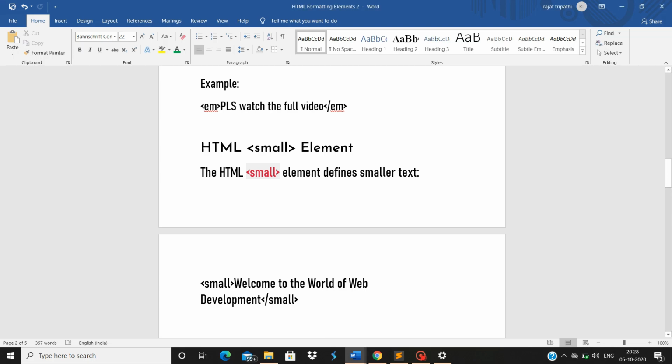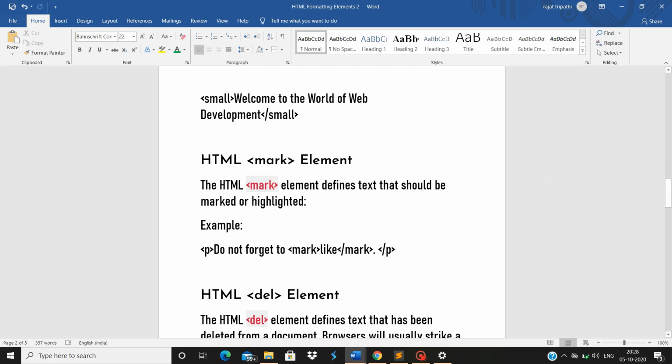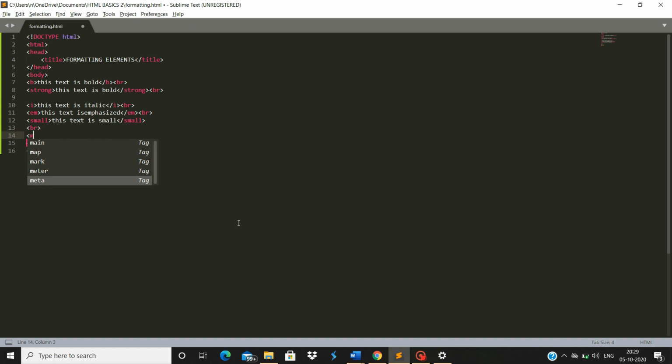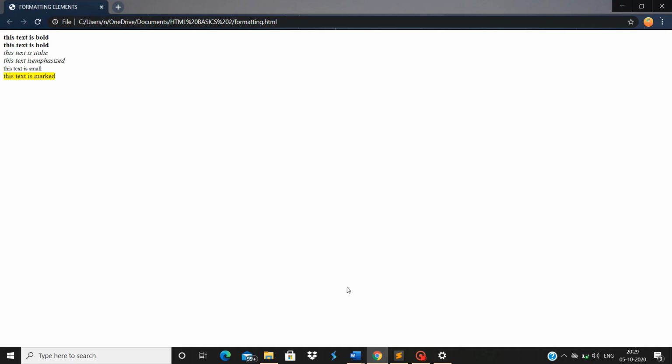So next is our mark element. What it does is it defines a text by highlighting it. So take it with the example. See, now what you can do is you can also mark a particular word.